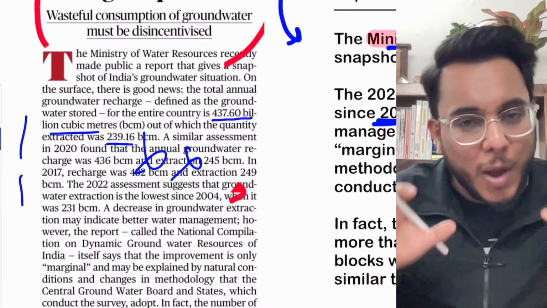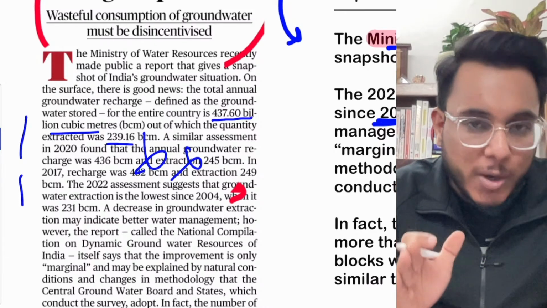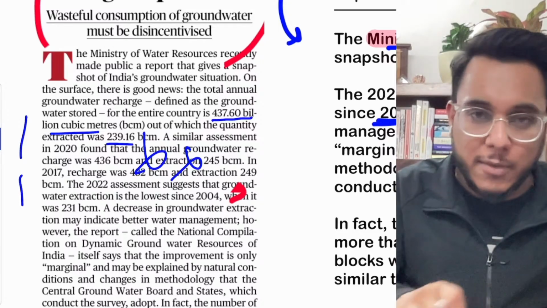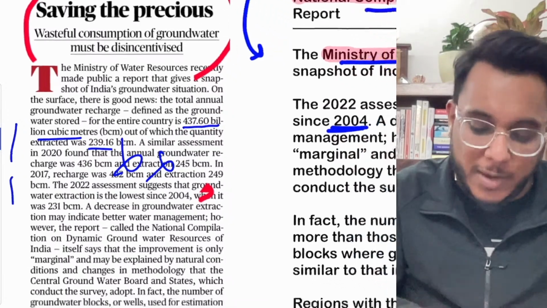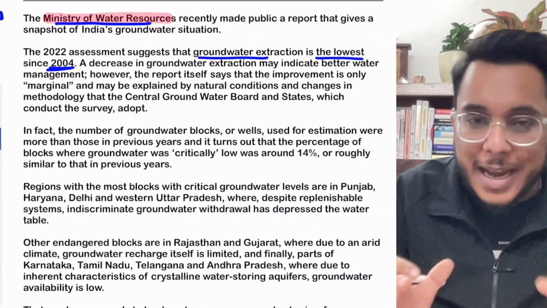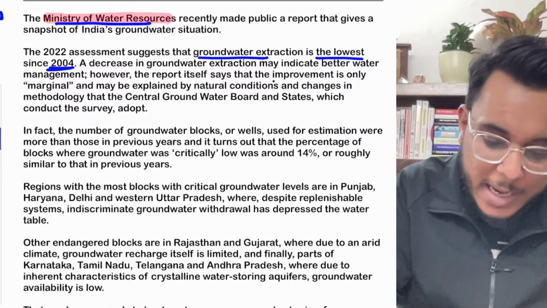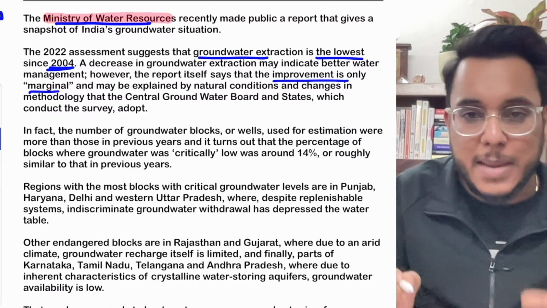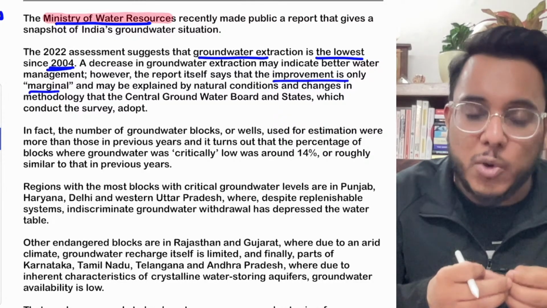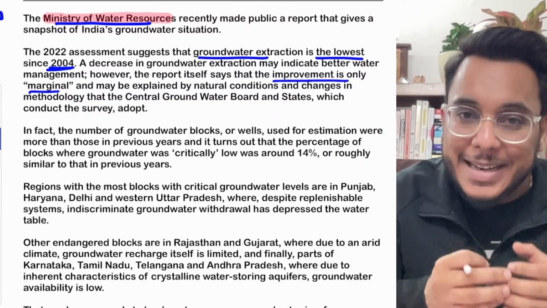So simply you need to have the comparative figures, that in 2020 the groundwater extraction is lowest compared to 2004 and all the years in between. This is a very good condition. Now understand this particular thing, that the improvement is only marginal, not a very big improvement, and this marginal improvement can also be because of the natural